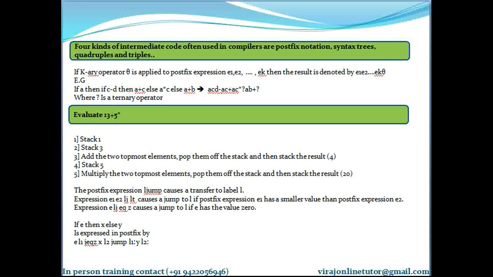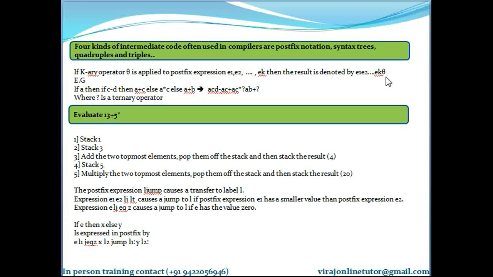Similarly, this is the generalized statement that I have given here, saying if theta is a k-ary operator. A binary operator has two operands, so how many operands will a k-ary operator have? k. Binary operator has two operands, but a k-ary operator will have k operands. So suppose I have a k-ary operator theta, and e1, e2 till ek will be its operands. This theta will be applied to e1, e2 till ek, and the resulting expression will be e1, e2 till ek followed by theta.